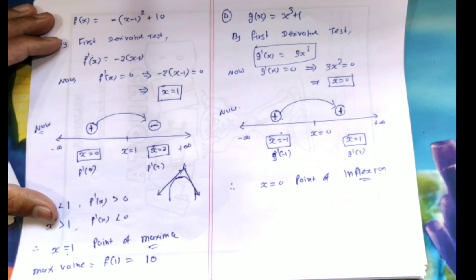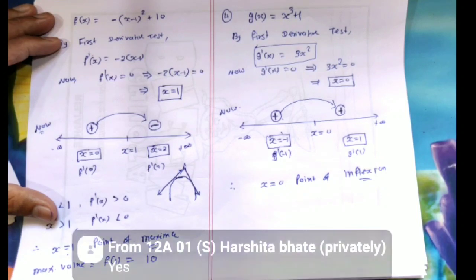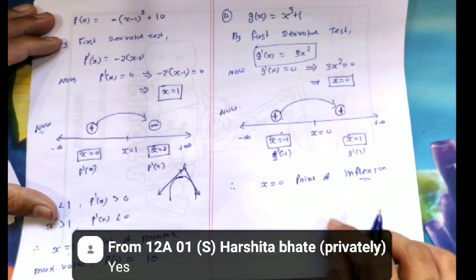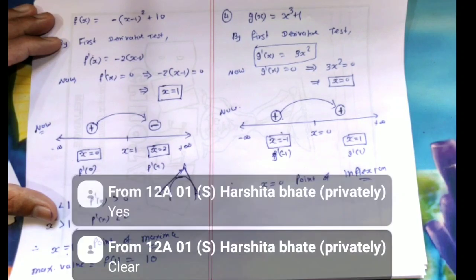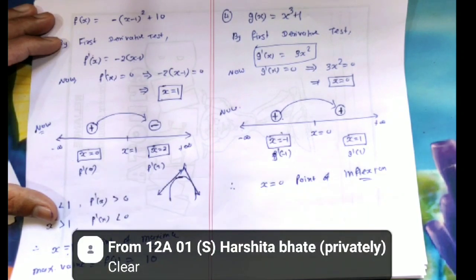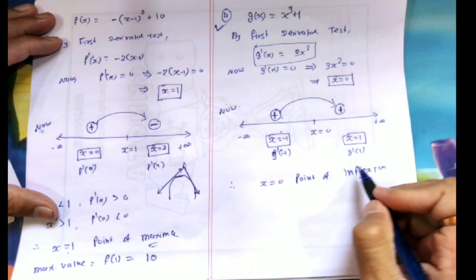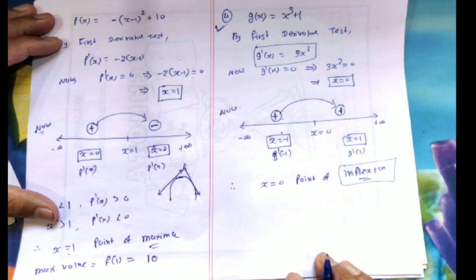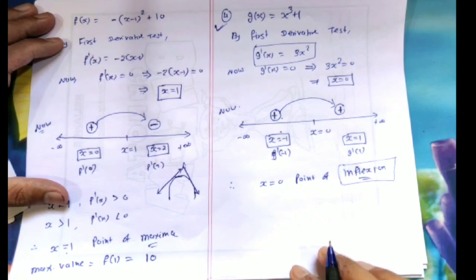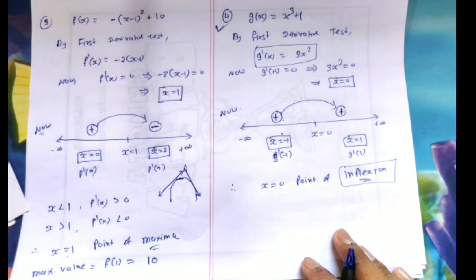Done. So at this point we are not finding maxima or minima. Function is not changing its value. We are not able to find the maximum value and minimum value. This is the third case of this function. Done. So this is the first sum at which we are finding our point of inflection. So now this concept is also clear to you. What is point of inflection? Done, students. So this is how